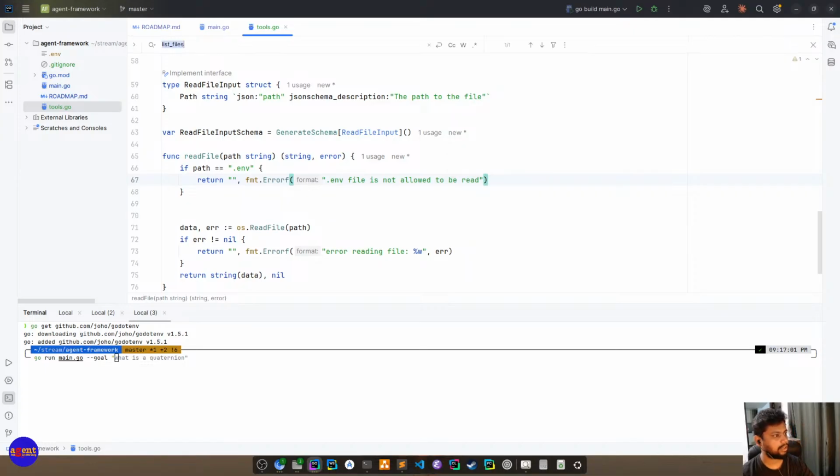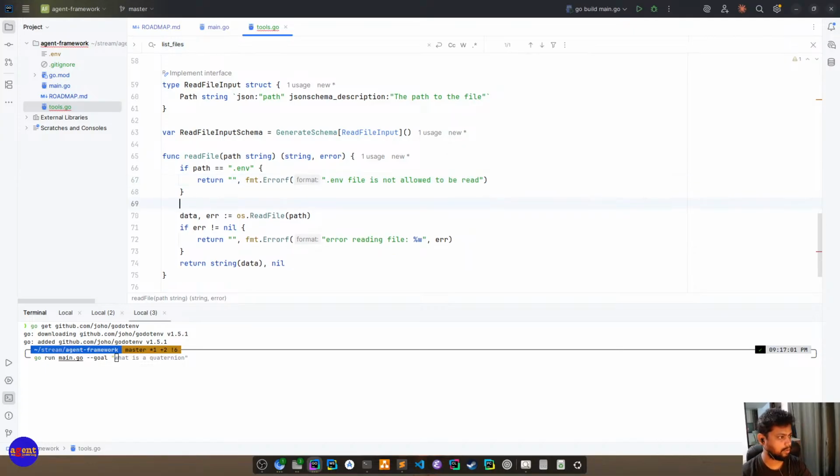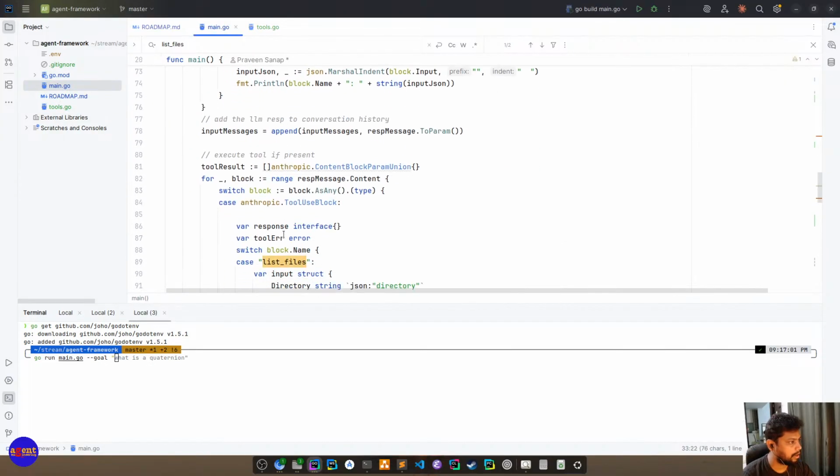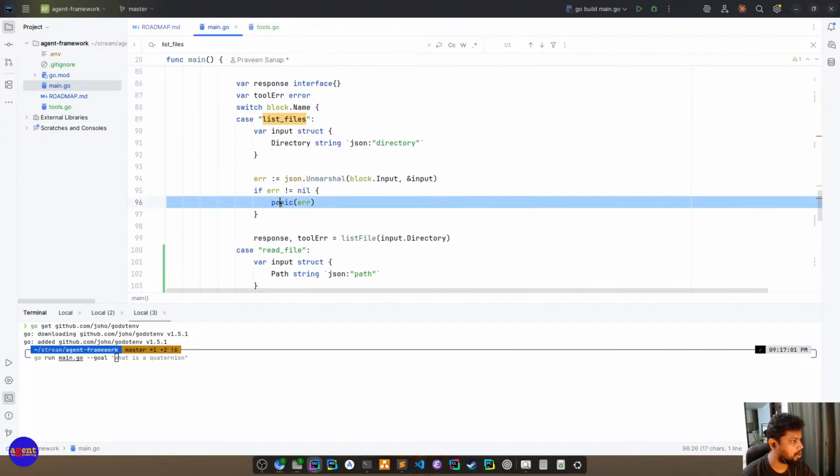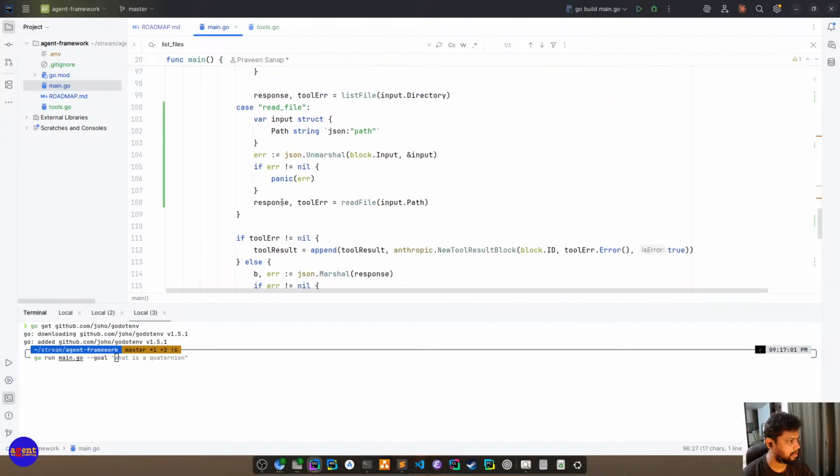Later we can create a generic way of excluding files, but now we can just hardcode because we have secrets here. We don't want them to be sent to any models or anything. And I recall another thing. Actually, we cannot panic here.